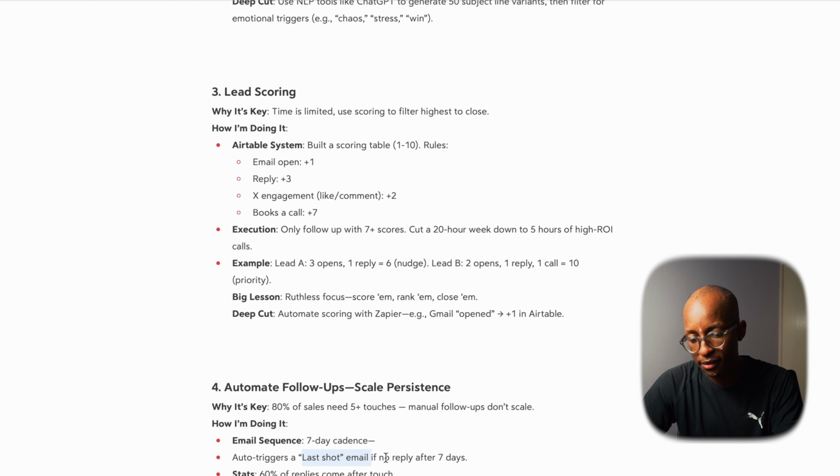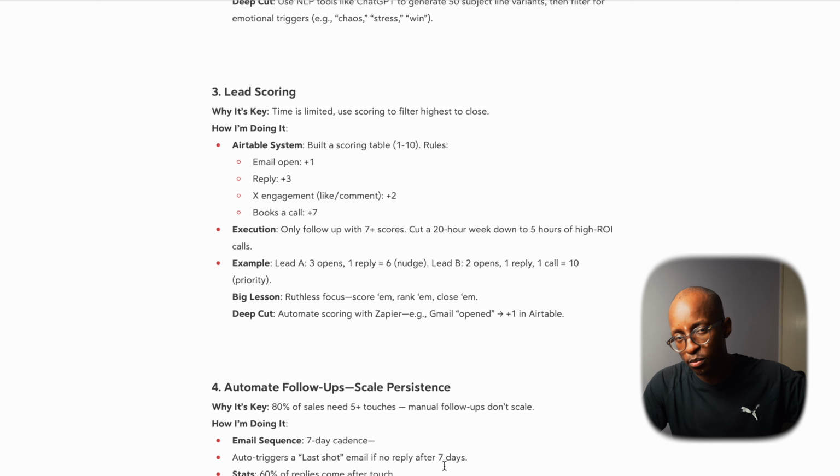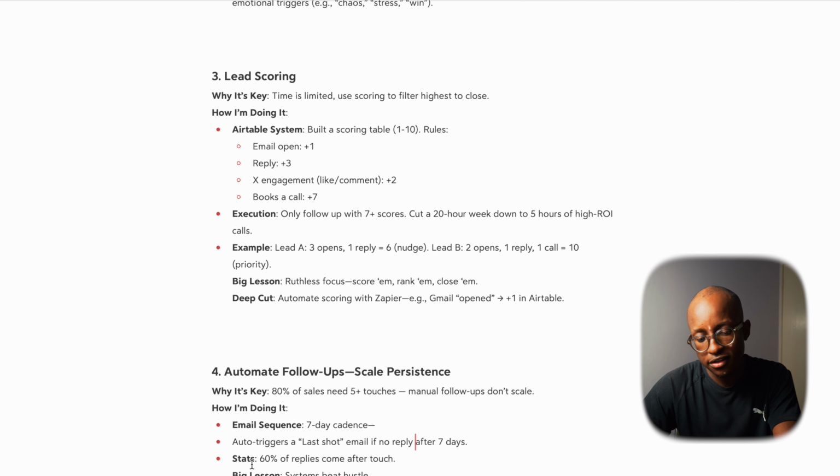triggers a lost shot email if no reply after 7 days. So basically, if no one replies within those 7 days, then we say, hey, this lead is lost, or we put this lead somewhere where we keep them and hit them up later down the line. But for now, let's put them on the back burner. And the stats: 60% of replies come from